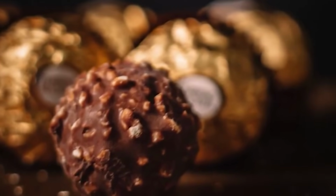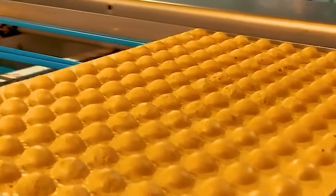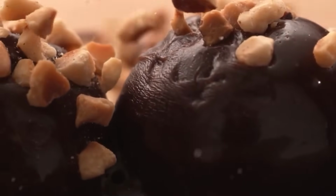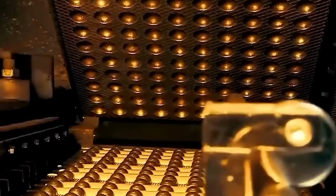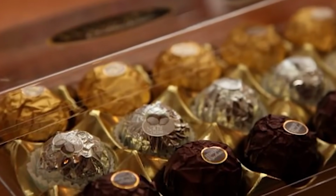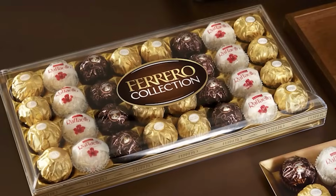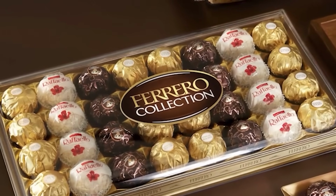Simultaneously, efforts are being made to reduce the environmental footprint of this entire extended production ecosystem. Ferrero has pledged to reduce plastic use and improve packaging recyclability across all its product lines, and Ferrero Rocher is a major focus area. The familiar clear dome packaging, though attractive, is being redesigned with sustainability in mind. Research is underway to create bio-based plastic alternatives or entirely recyclable paperboard structures that still offer the same clarity, structure,